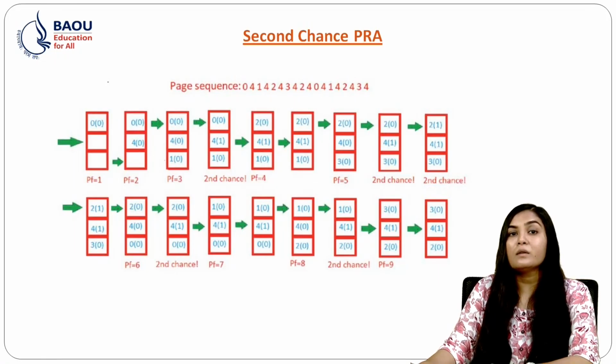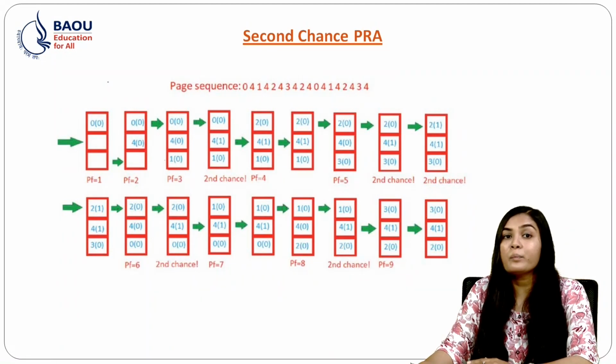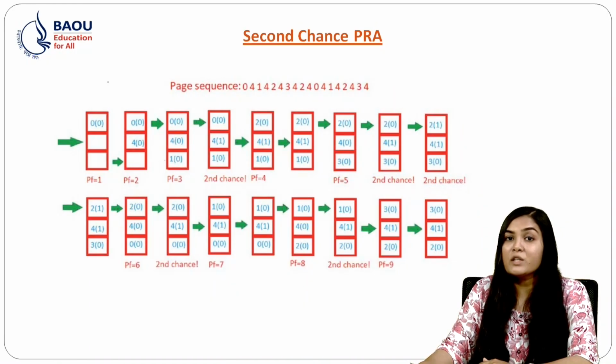Our frame will become 1, 4, 2 and our second chance will be 0, 0 and 0. So, the pointer will be updated again at 0 and our page frame will become 8 because 4 survived again due to the second chance. So, when page